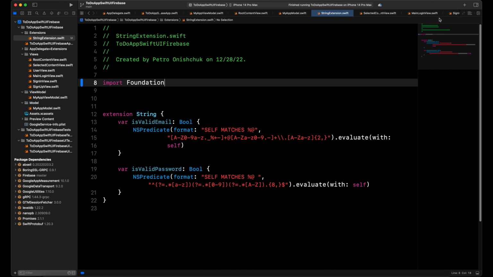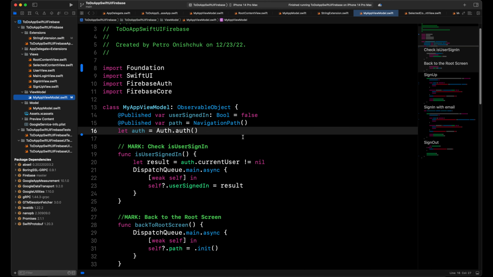Next, I want to add some methods in our ViewModel. These new methods will work with our email and password. That means they will check our email and password, and also will work with our alert. For example,